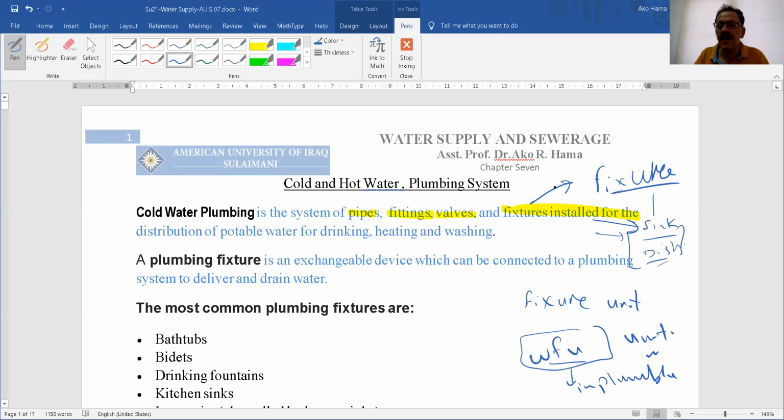So we have a code which is called the International Plumbing Code. This International Plumbing Code will tell you how much water is needed for each appliance that we have, in terms of fixture